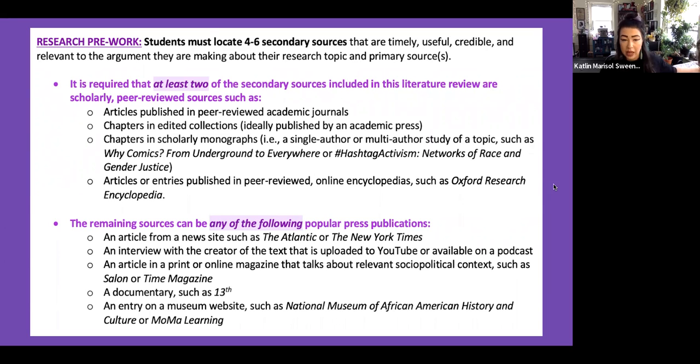or maybe it's an entry on a museum website. All of which is to say you need 4 to 6 secondary sources total, but you need at least 2 of them to be scholarly peer-reviewed sources, and the remaining 2 to 4 sources can be any of the following popular press publications. What this means is that some students ultimately decide to do 4 scholarly peer-reviewed sources. Perhaps they find a bunch of them in the course of doing their research. Some students do exactly what the prompt says and have those 2 scholarly peer-reviewed sources, and the rest are from